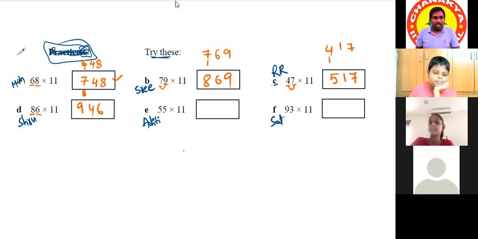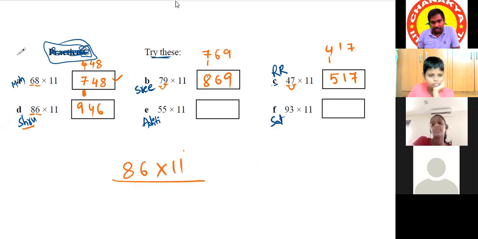All of you listen to her procedure once. Very good, Srishti. Excellent. 86 into 11. Just see, all of you. Without writing, she reduced one more step here. Actually, it should be 8, but she took the next number also. Because the next place is a carry, instead of writing 8 here, she is directly writing 9 here. Next, 8 plus 6, the end number is 4. So she has written 4 and 6 as it is, in a single step.